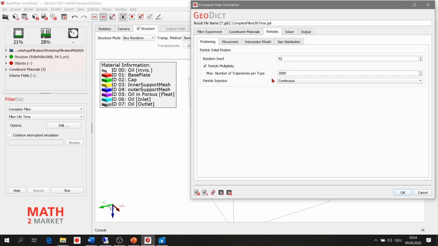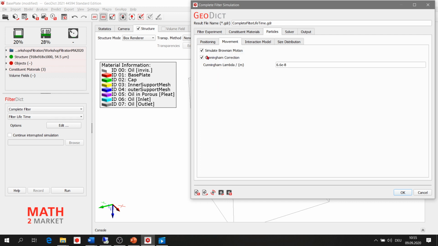All right. Under the movement, here we can deactivate the Brownian motion. Brownian motion has to be considered when we mainly deal with gas or air filtration and when the particles are small, so this effect becomes more important.